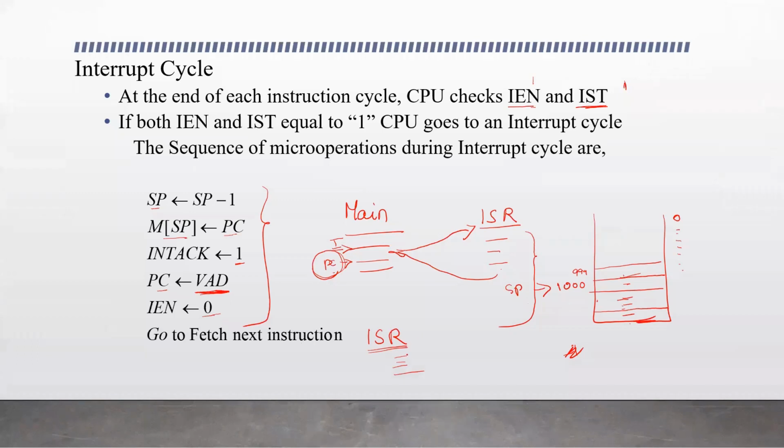Before executing the instructions in the interrupt service routine, the CPU has to set up all this: decrement the stack pointer in memory and place the return address from PC at that location, enable the interrupt acknowledgement signal, place the vector address in PC, and set IEN to 0 to stop incoming interrupts until the CPU starts executing. As the control is now taken to the address, the instructions can be executed.